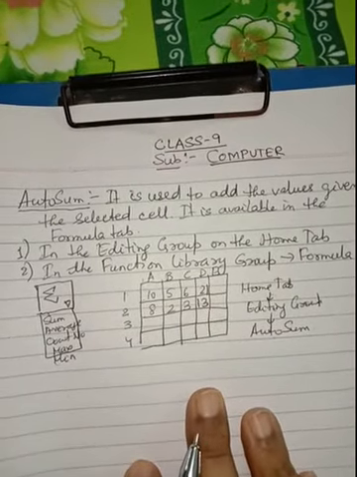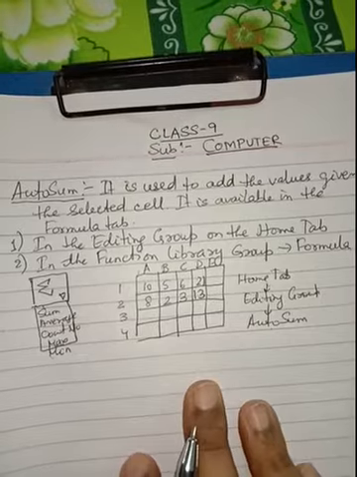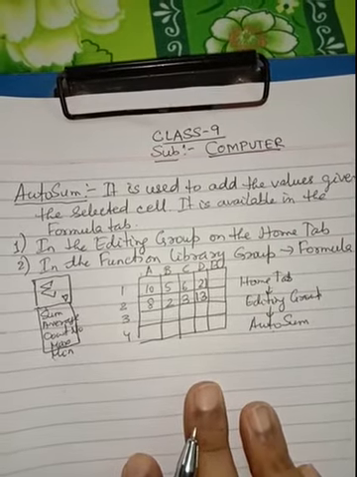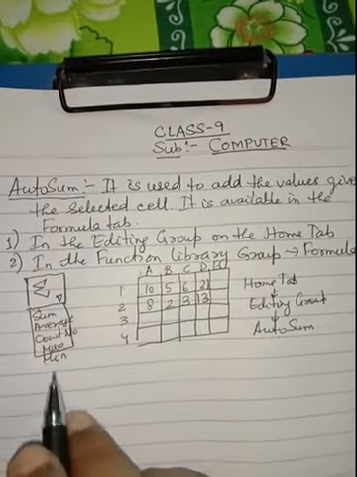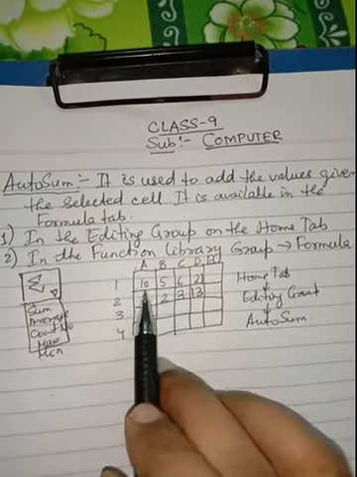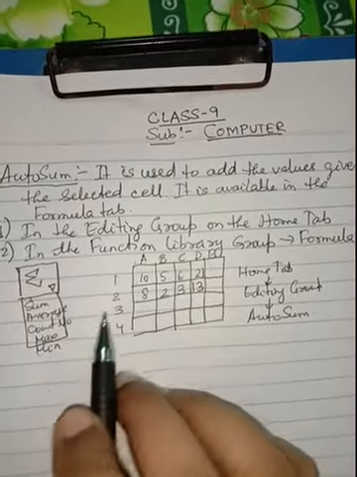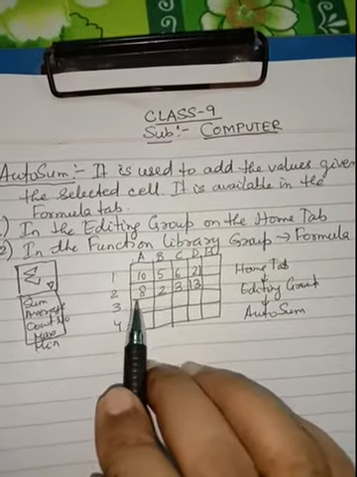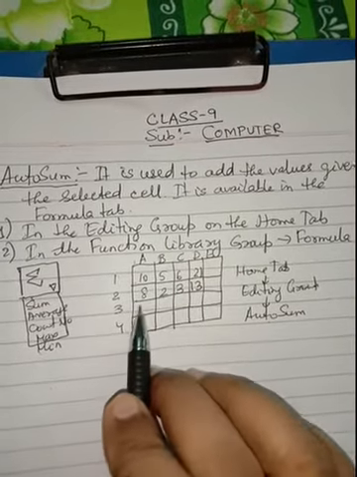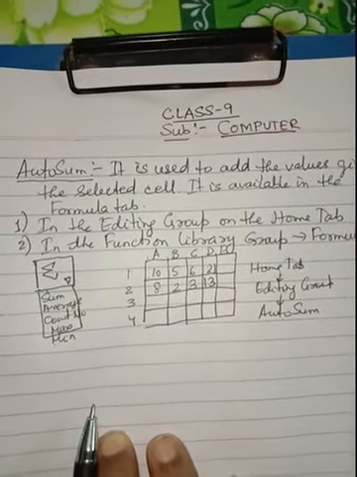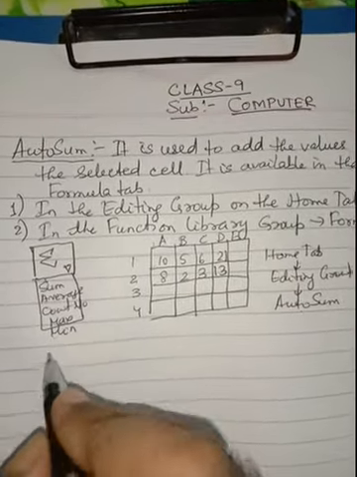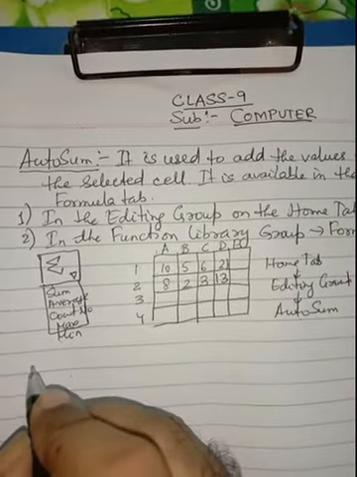Now we are going to discuss some other functions of AutoSum like average, maximum, minimum. Maximum means finding the largest value in the selected cells. Minimum means selecting the smallest value in the selected cells. We have discussed these topics in the earlier videos. So now the next important topic that we are going to discuss in this video is